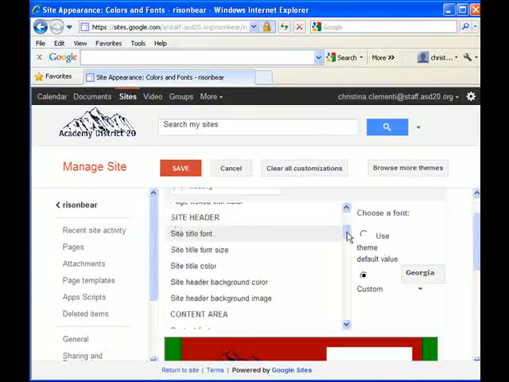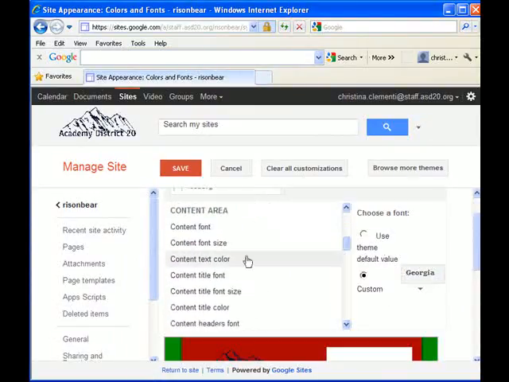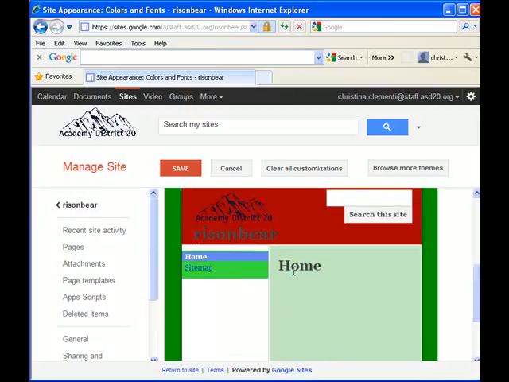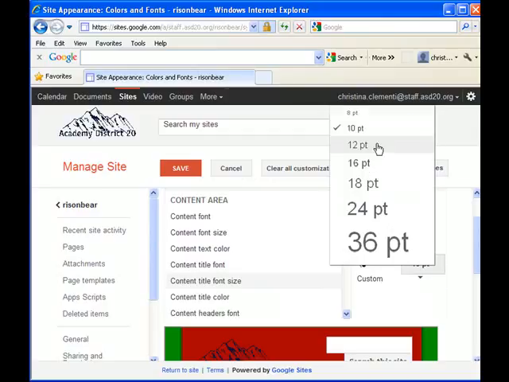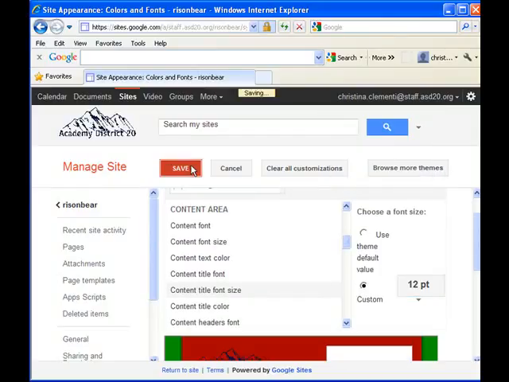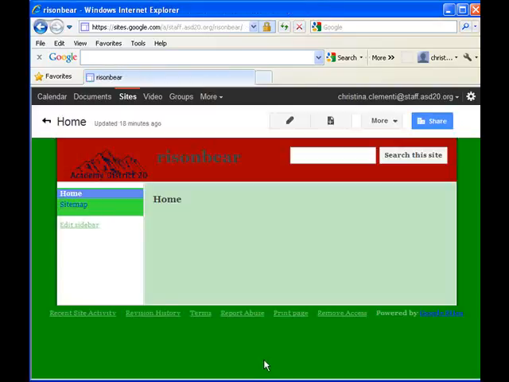I don't have to worry about site header. Content area, content title font, custom, and I'm going to set it to Georgia. So the write-up down here is going to appear in Georgia. And for the content title font size, I might choose size 12. I'm going to go ahead and save that, and I'm going to return. Make sure you save. Then click on your website, back to website, and you can see the changes that were made. I'm now ready for the next step